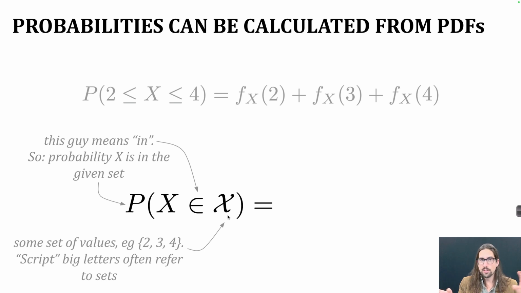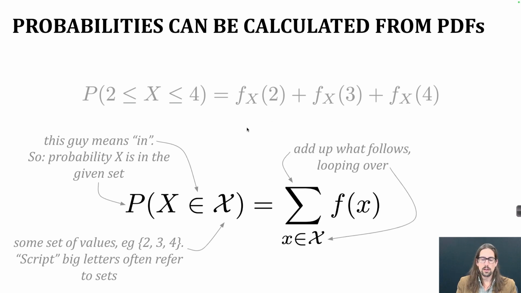But if what we have is not the population data set, what we have is the density, how do we generalize this kind of formula here? And the answer is you just have to add up the values of the density at all of the values that are within that set. So if script x were all even numbers, then we would add up the values of the density at all